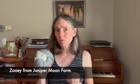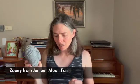Anyway, this is the yarn I used to start a Neela sweater by Natasha Hornby. And I love that design. I still want to make it, but my row gauge was so different between the front and the back that it was just not going to work. And I think it was because I had to make the gauge so dense with this particular yarn choice that it just wasn't giving anything at all. So I ripped that out, and I have started over with,